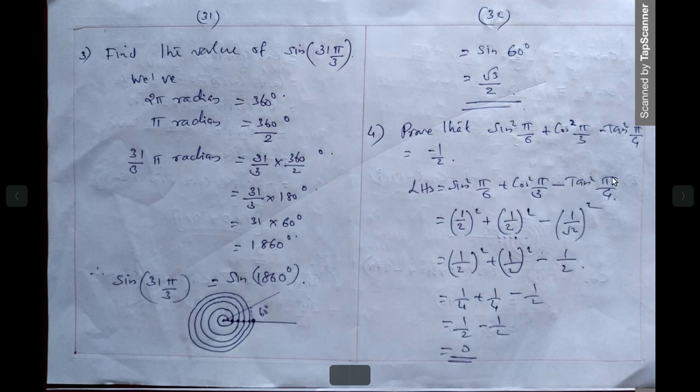And we know tan pi by 4. Pi means 180 by 4, which means 45. Tan 45 is 1. Okay. Here I wrote 1 by root, which is wrong. This is 1 only, isn't it? Tan 45 means 1, isn't it? So this can be rewritten as 1. Then tan square pi by 4 means 1 square, right? This is wrong, so you write here 1 square.